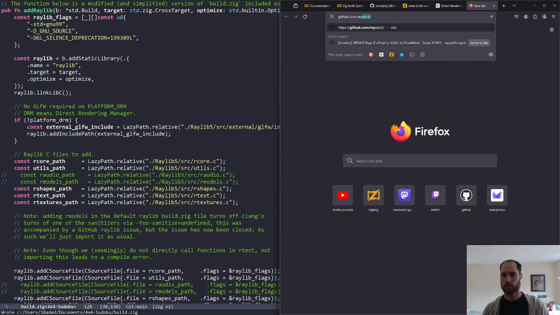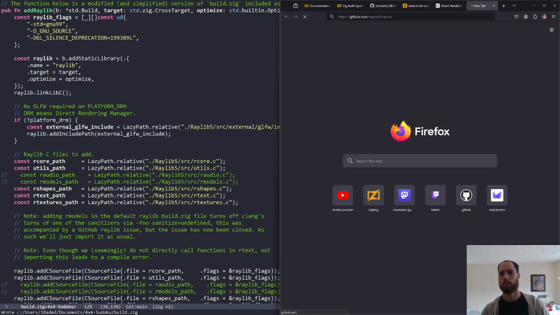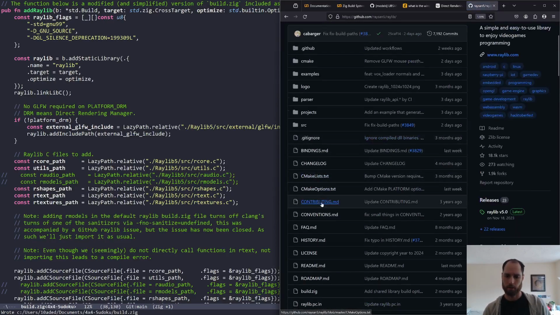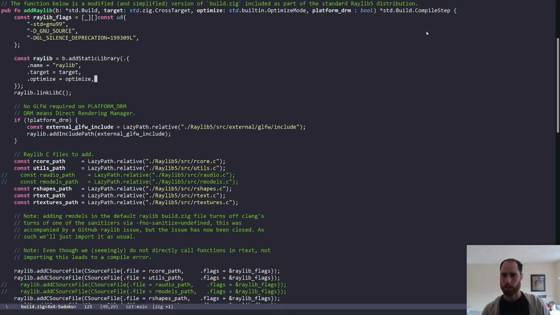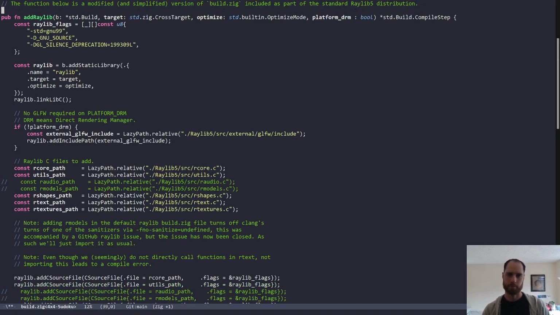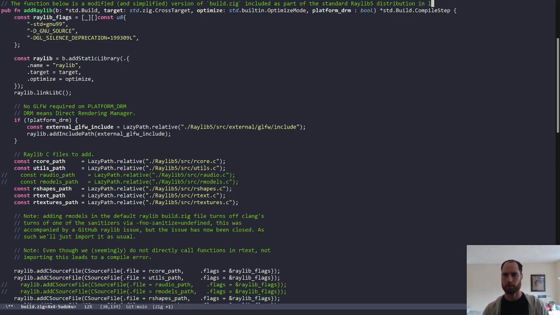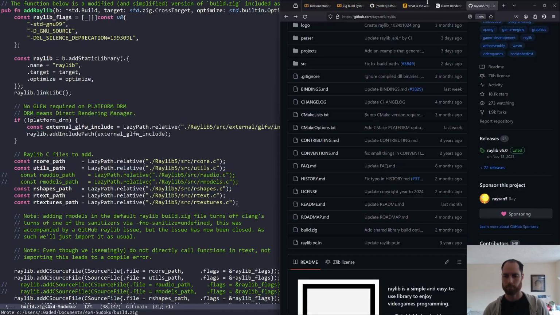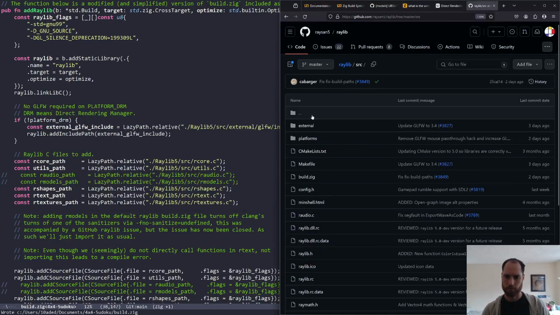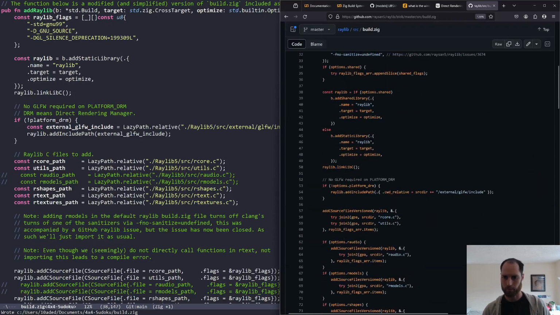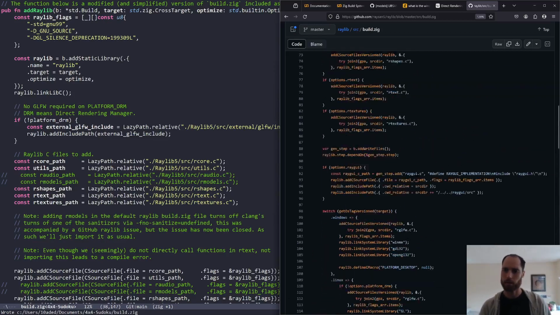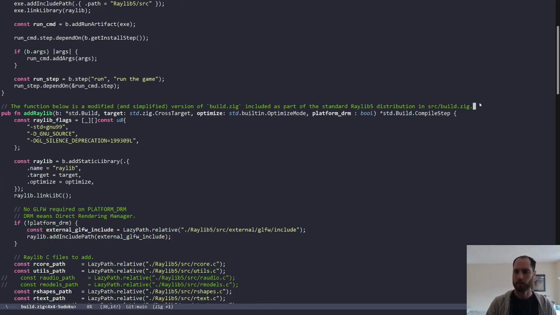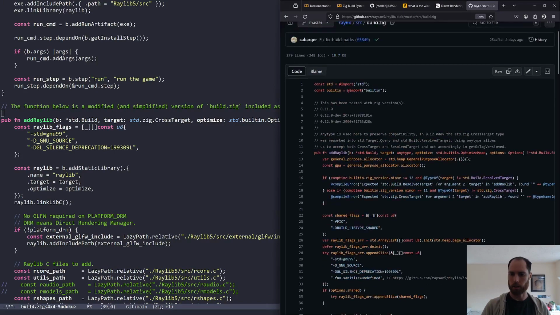Raylib 5, so here it is, right? In source. Yeah, this is the one we did stuff with. So okay, we should say